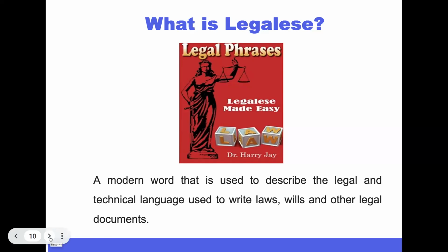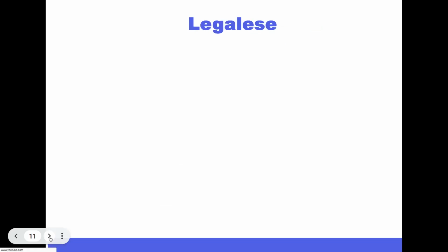Legalese is the language of the Law Society. They do not teach this in school. It is our responsibility to teach ourselves and our children. Do not rely on the school system. It is now your responsibility. We cannot blame the government, the system, the white man, the this. No, those days are done. Ignorance is no longer an excuse, and ignorance is no excuse of the law. That's a maxim of the law. So legalese, let's go for this real